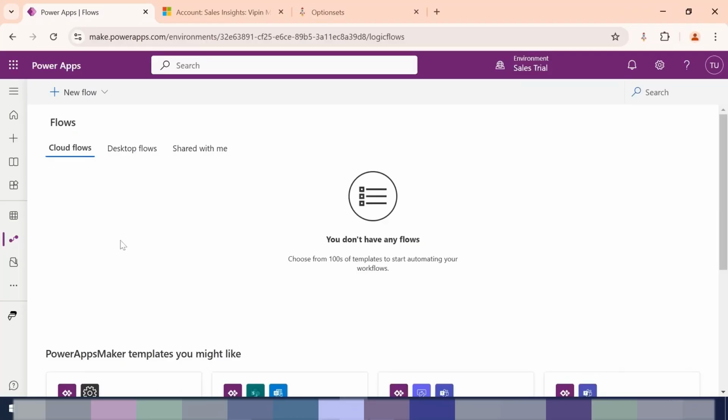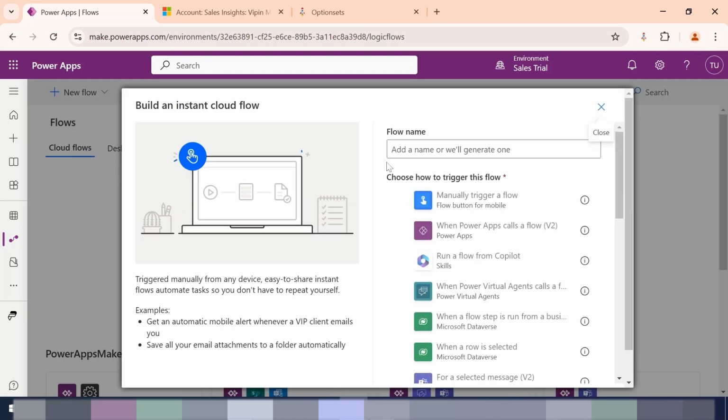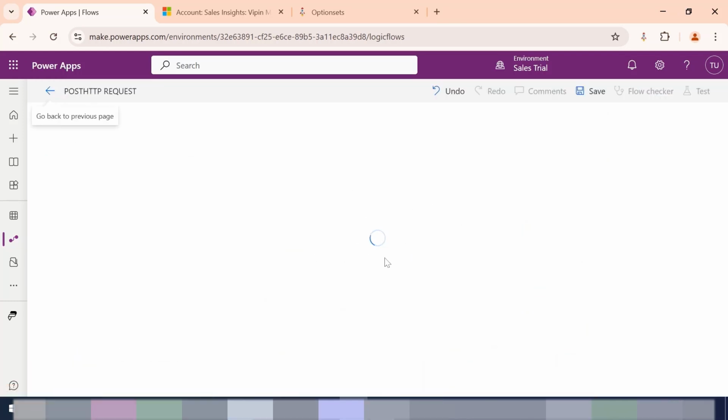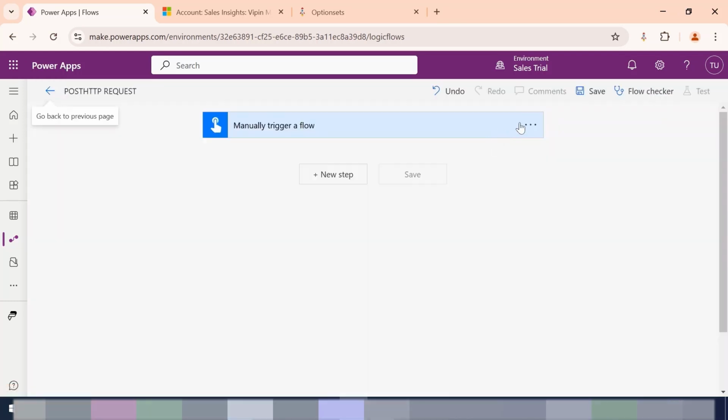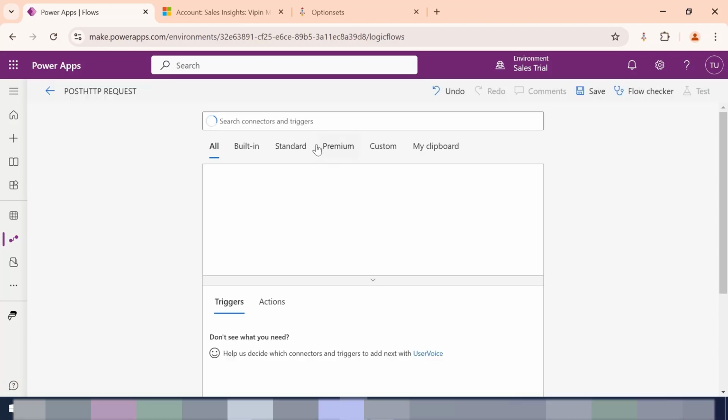In this tutorial we will see how we can trigger a Power Automate flow using Postman. So let's create a manually triggered flow from here. Let's give this name as post HTTP request. So let's click on create, and here we need to remove this action to add another trigger action, that